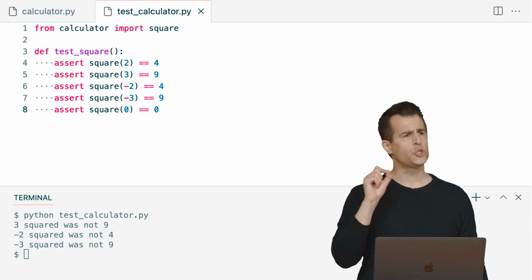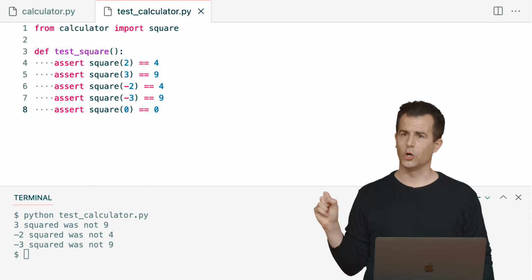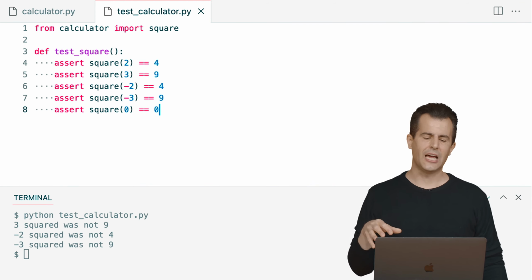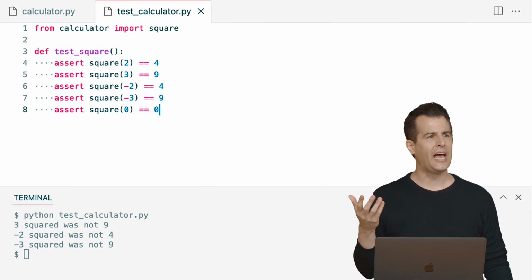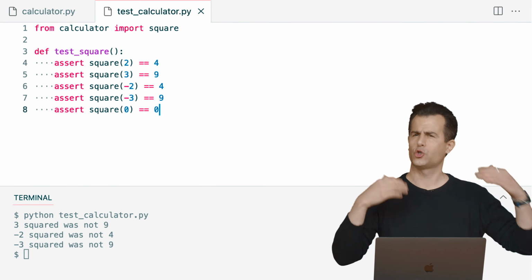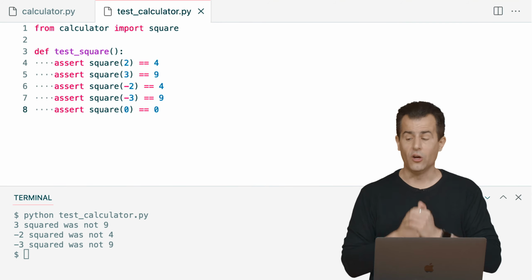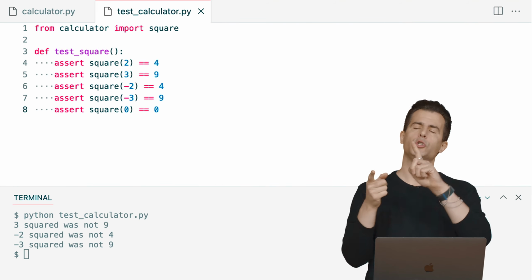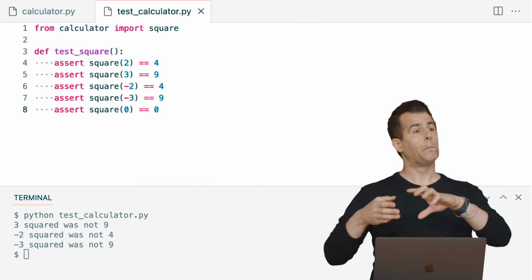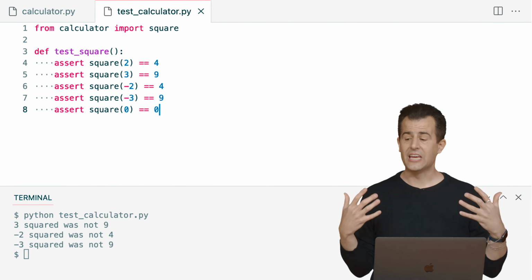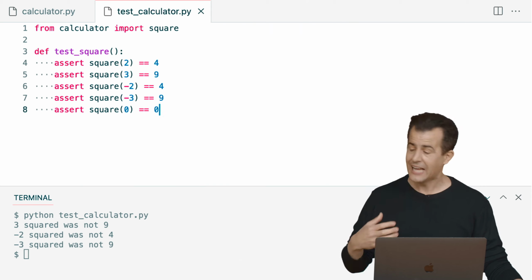So I'm still using the assert keyword, as I introduced earlier. And even though it was a little tedious to type those, I mean, it's only 8 lines of code now, and they're so easy to type. It's not try and except and all of this. Wouldn't it be nice if something else, someone else, handled the try, the except, the printing, all of the standardization of actually running these tests? And that's where, indeed,